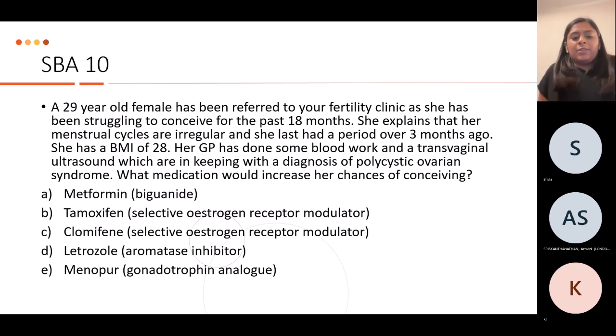And this time I've given you the mechanism of action of each of the different options. Oh, everyone's answered? Perfect. So the majority of you got it correct,